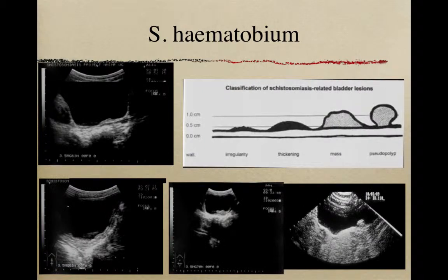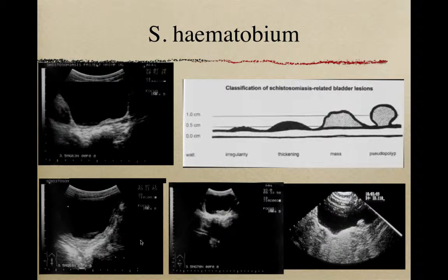So the first is the bladder, and there's actually a progression of effects to the bladder. You can see small bladder irregularities which appear just like this. So the rest of this bladder is fairly normal in appearance, and here's a small irregularity. You can then go on and see entire thickening of the bladder wall itself, which you see right here. Normally the bladder wall should be quite thin, as in this picture, and here you can see marked thickening of